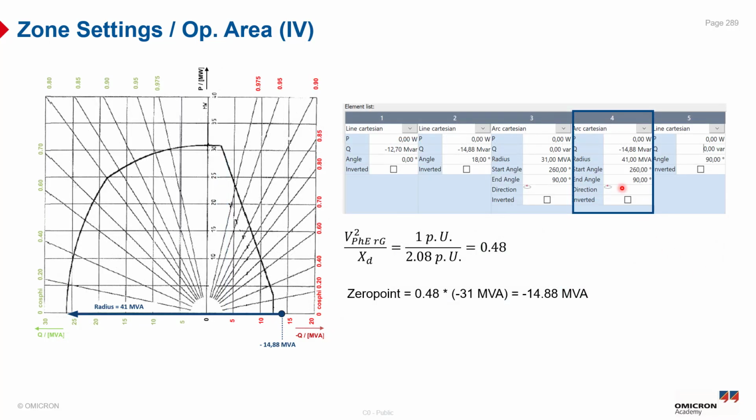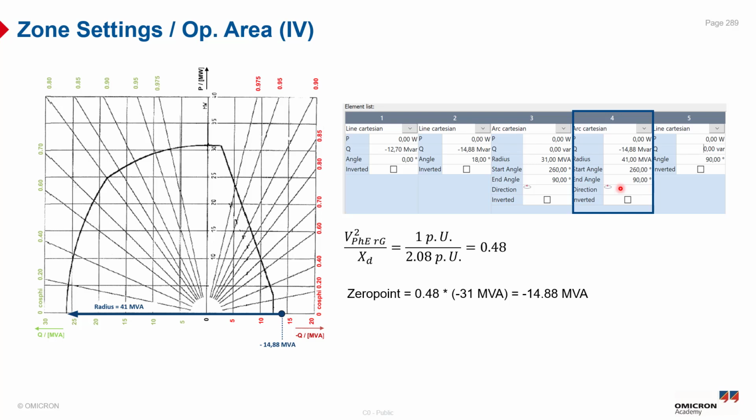Here is element number 4, which is expressed as an arc Cartesian as well, and we can calculate the zero point on the generator capability diagram. This formula uses the V phase to earth of the generator squared, divided by the XD. The phase to earth is the rated phase to earth voltage of the generator, and XD here is the direct axis synchronous reactance. Substituting these per unit values, we get 1 per unit divided by 2.08 per unit,